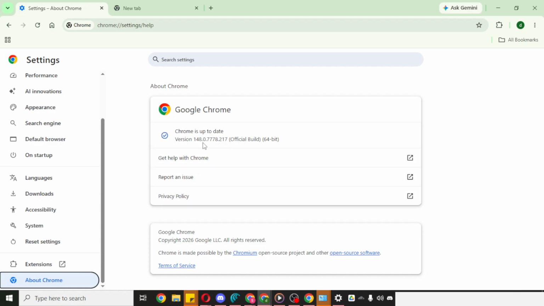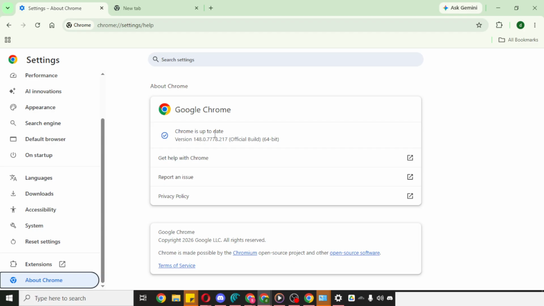As soon as you open the About Chrome page, you'll be able to see the version number of Google Chrome. This is the place where Chrome displays the exact version currently installed on your computer. In many cases, this page may also automatically check for updates in the background. So if your browser is out of date, Chrome may begin updating on its own. If that happens, just wait for the update process to finish. You may be asked to relaunch the browser afterward, which helps complete the update. If no update is needed, then the version shown is the one you're currently using.